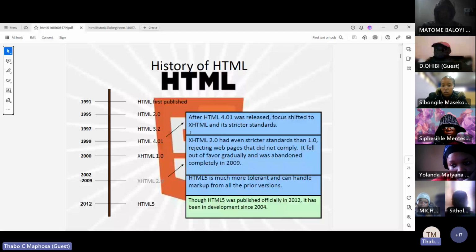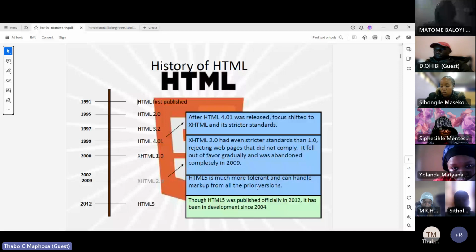But it started getting more interesting when we got to 1999. After HTML 4.0, they moved to XHTML 2.0, with stricter standards, rejecting web pages that do not comply. It fell out of favor and was gradually abandoned completely.